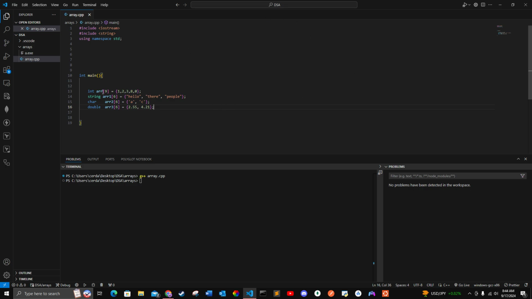So basically here I declared a bunch of arrays, and they're different data types. There's integer, string, char, double, and also this is technically kind of like an array. So for example, string my string equals hello there, and then you can get the characters from each string. So for example, my string,